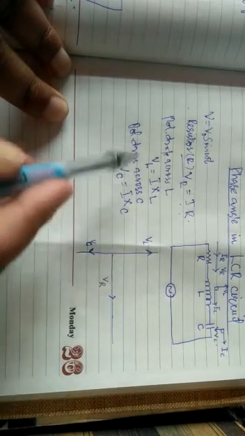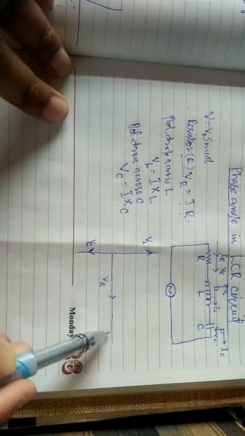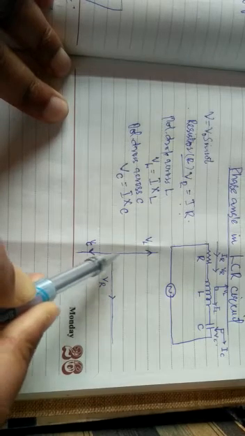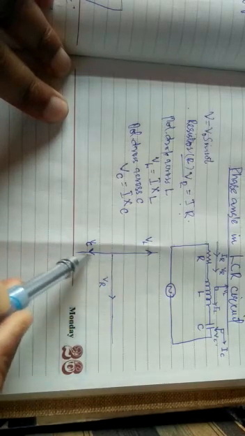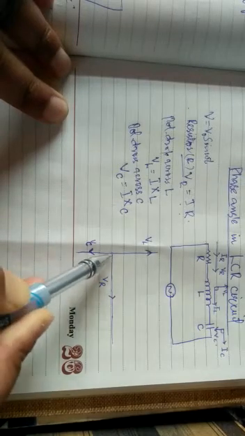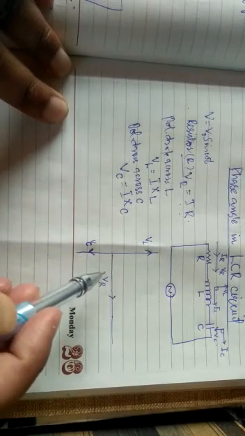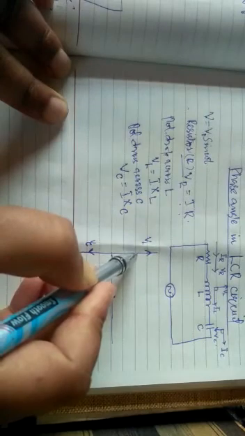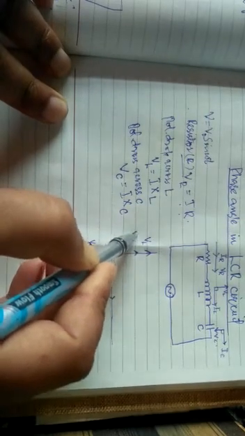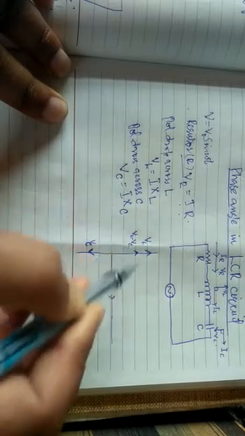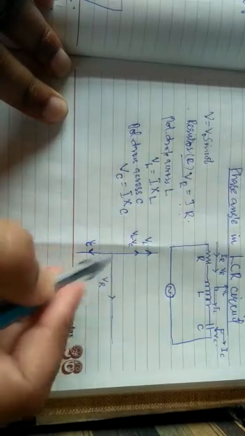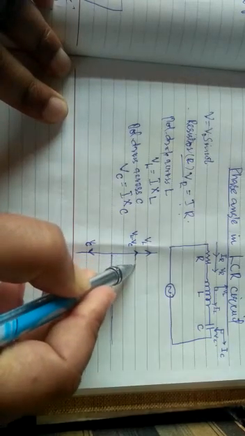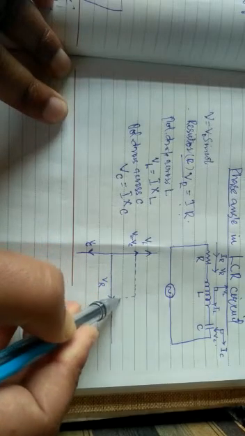Now we will show these very things. This is VR in case of the resistor. Now we have the inductor dominating circuit, so this is VL and this is VC. I have shown a small amount of VC because it is an inductor dominating circuit. So the net voltage will be in the upward direction, and up to this point this will be VL minus VC. Now this is VL minus VC, this is VR, and we are going to complete this parallelogram,